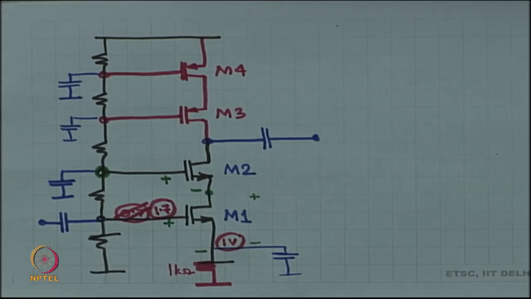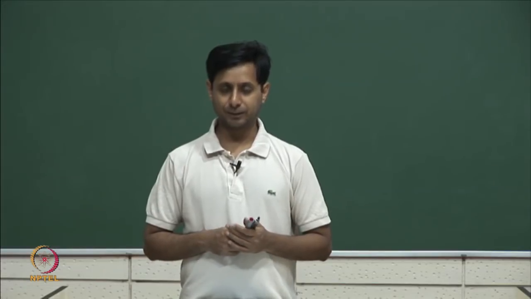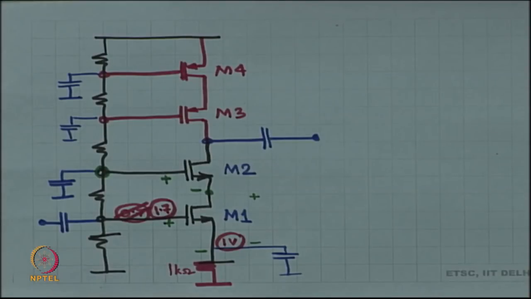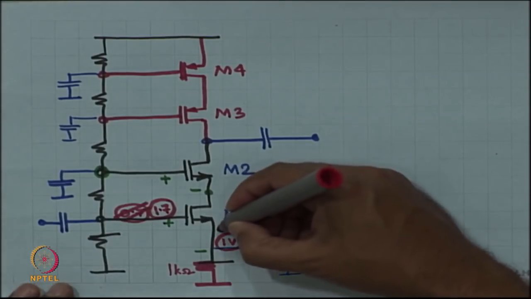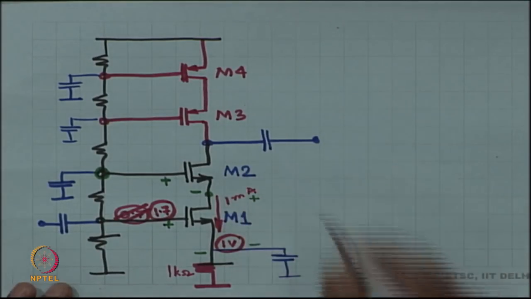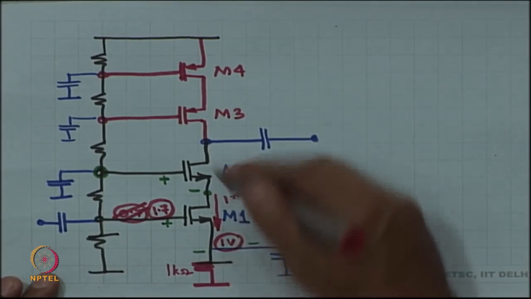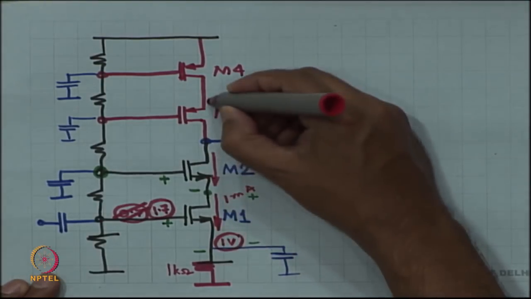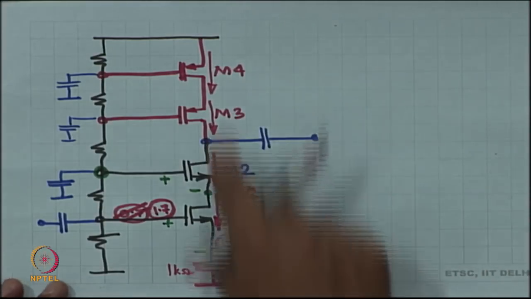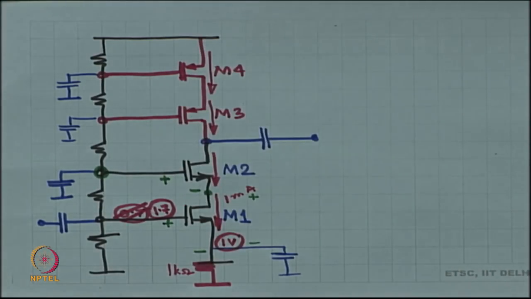And we pick the device such that at 0.2 volts of overdrive, VT 0.5, the current is 1 milliampere. We pick such a device. Now, notice this 1 milliampere is coming right through. So, all the devices now have 1 milliampere,